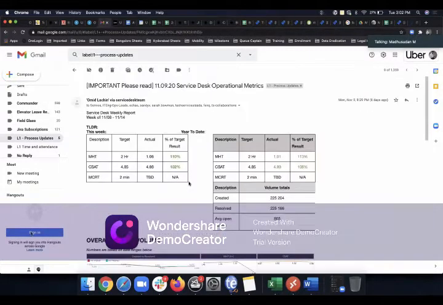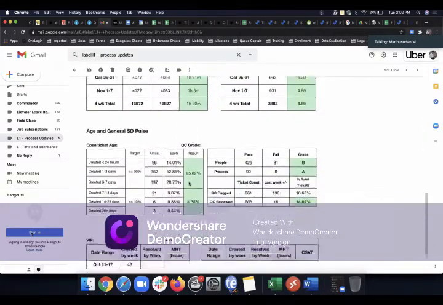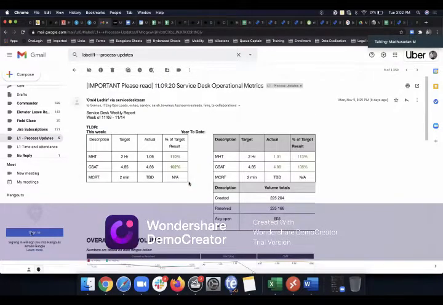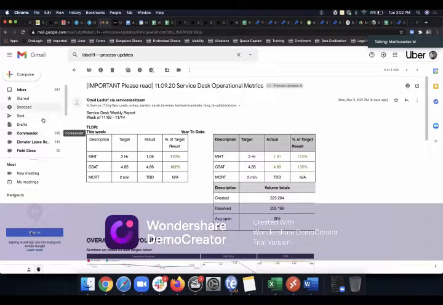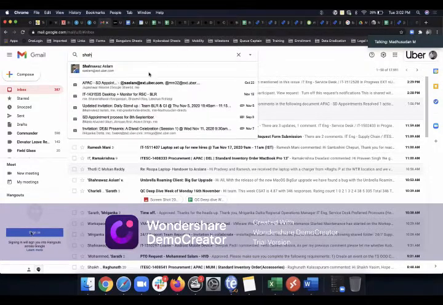Yeah, so every week this will be the service desk operational metrics that we send. This is for the entire globe. This will be sent out from the APAC region because we are the first ones who will be working on a Monday, right? Okay. So this will be sent out, and individual reports will be sent out for individual teams. For example, for my team,